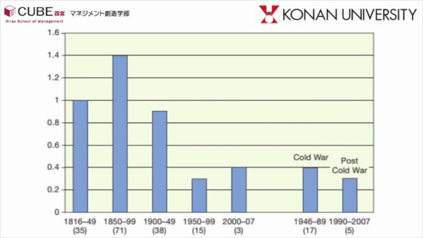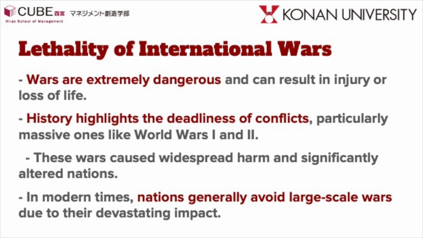And for each designated time period in this chart, the bar represents the average annual number of extra-state wars launched during the period, and the number in parentheses is the total number of extra-state wars launched. Extra-state wars declined in incidence during the first and especially the second half of the 20th century, reflecting in part the end of colonialism during the first half of the 20th century. Moving to the lethality of international wars,